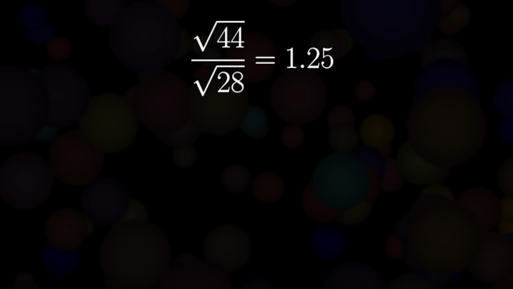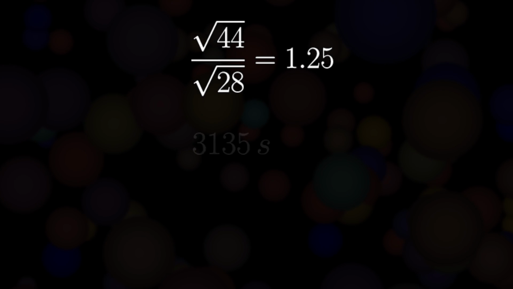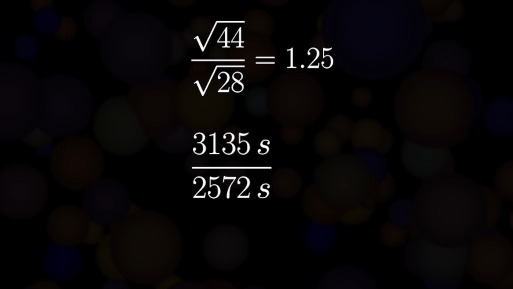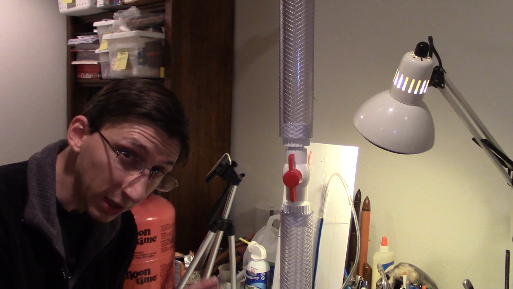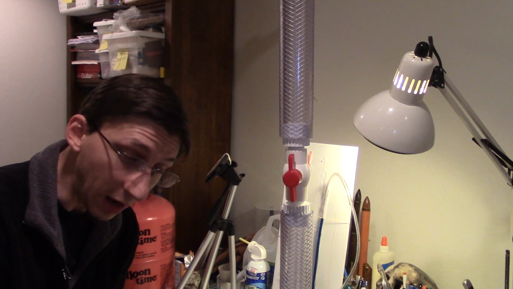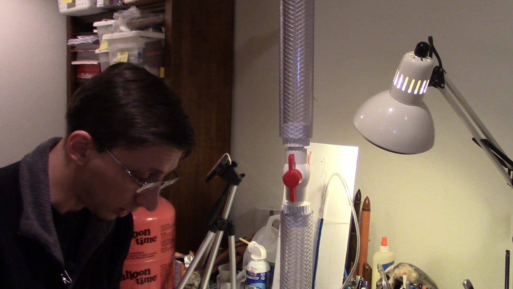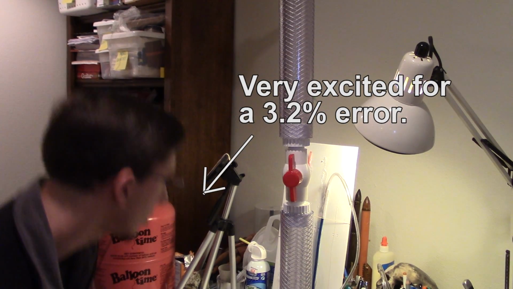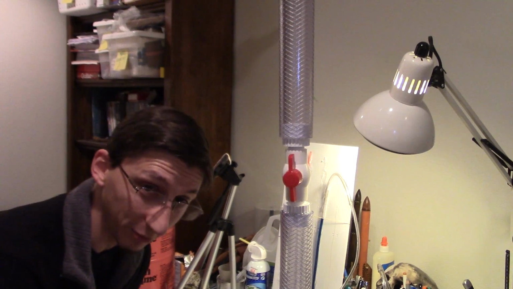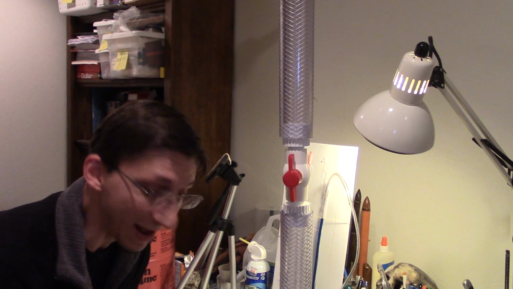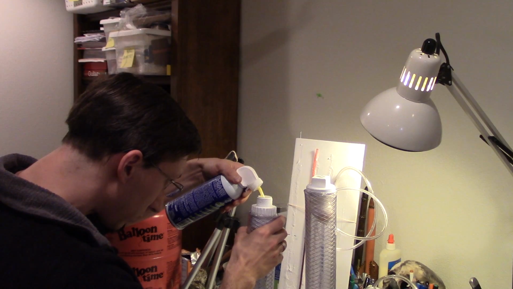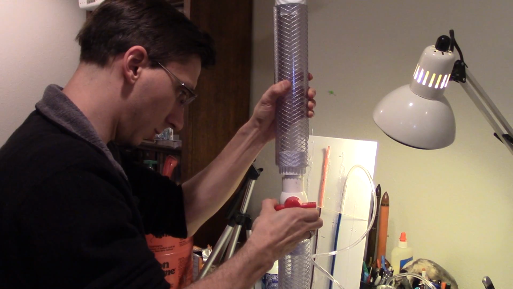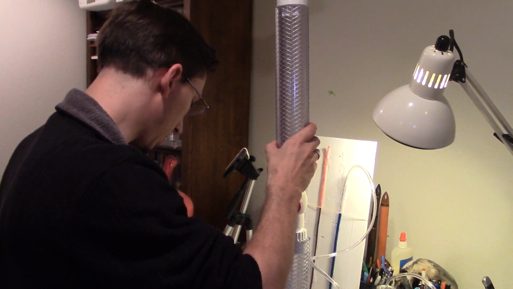So if I take the CO2 time in seconds, 3,135, and divide it by the nitrogen time in seconds, 2,572, we should get a number at about 1.25 times longer. And 1.21! I've literally been working on this project for months. That was good. I did do one more gas, difluoroethane, commonly known as canned air, even though it's not air at all,